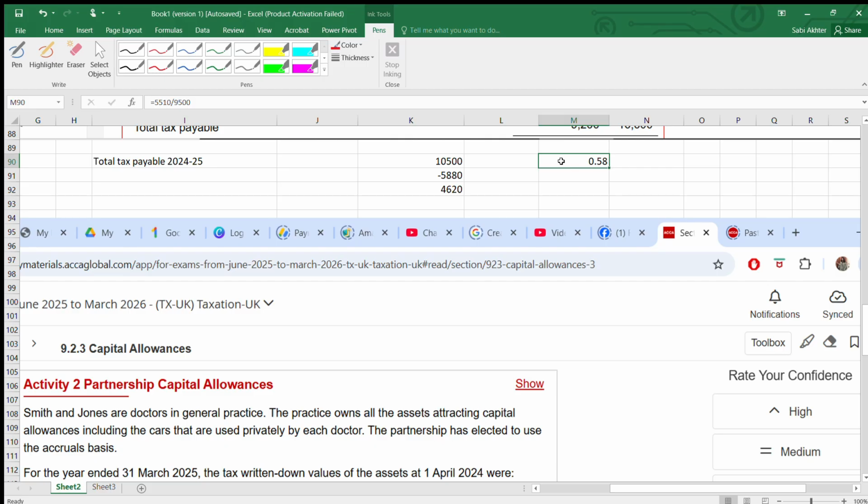So 58%, that means it's less than 80%. If more than 80% was deducted at source, then you don't need payment on account, but this is less than 80%. So either less than 1000 or less than 80%, one criterion you have met, so payment on account is required. To find the balancing payment, remember, you need your payment on account. Without that, you can't find it. So now let us do that.